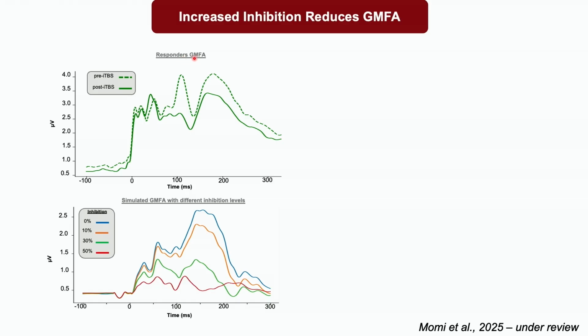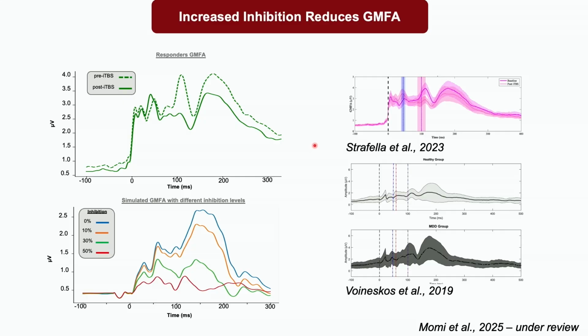the empirical data. Specifically, we found that if we take the global mean field average of the signal, we found a decrease in the amplitude for responders post-iTBS treatment. This has also been shown in the literature, as I showed you before, by a study by the group in Toronto. And interestingly enough, with the model we can find the same feature: if we take the parameter that is predicting the clinical outcome and we increase the inhibition by 10%, 30%, or 50%, we are able to mimic